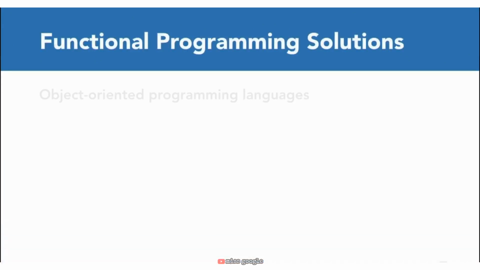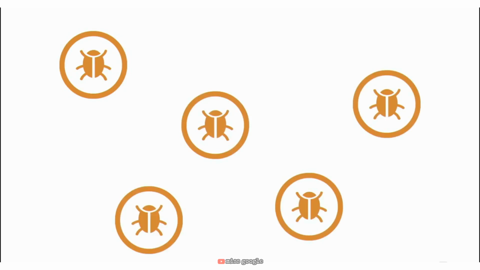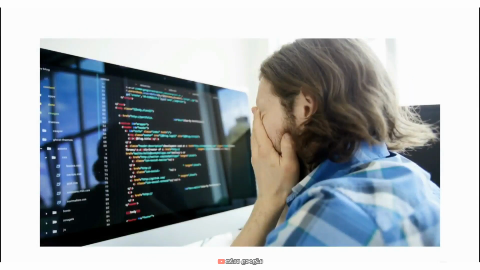Well, if you currently use an object-oriented programming language such as Java or C++, or especially a procedural programming language such as C, you've probably run into this problem before. There are certain bugs that are difficult to track down and fix, partly because they're hard to recreate, it takes a long, convoluted series of steps to make them show up, and partly because even when you figure out how to recreate them, it's next to impossible for you to keep track of all the changes that occur while the